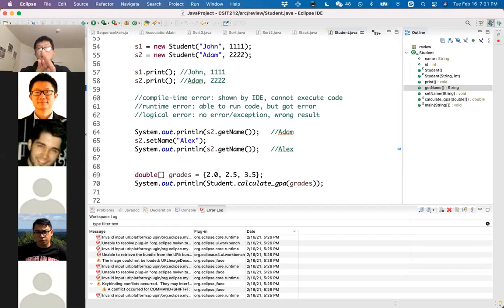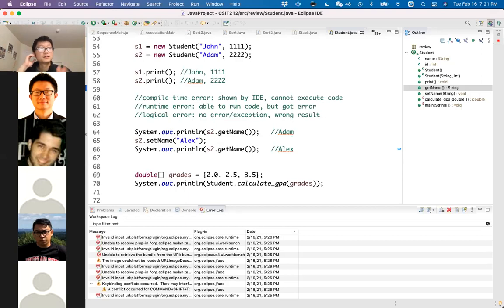SRC is basically short for source. This is the place where you should put your source code, all of the Java code. If you have many different files, it's not a good practice to put hundreds of files inside the same folder.